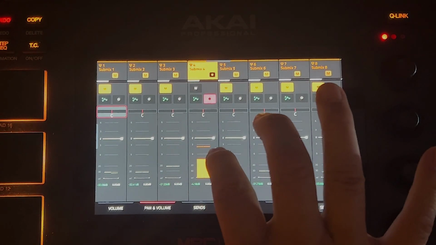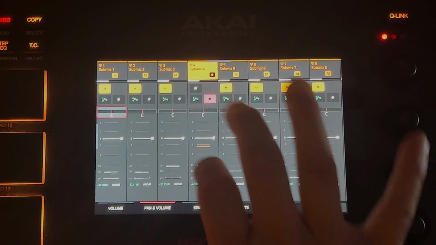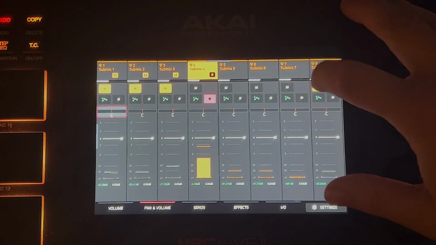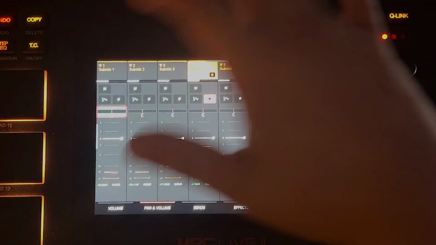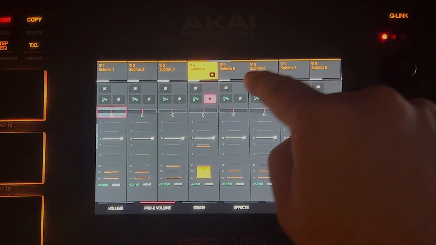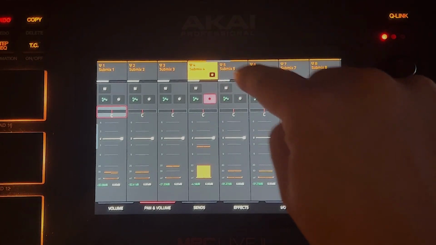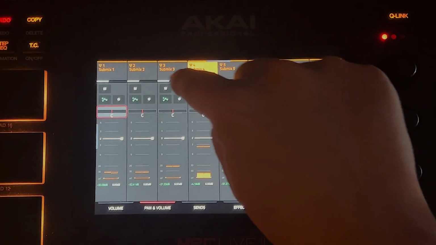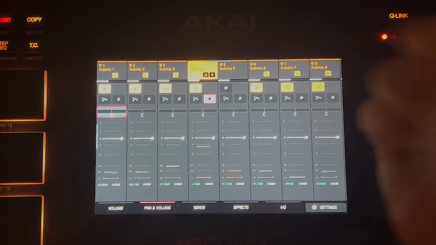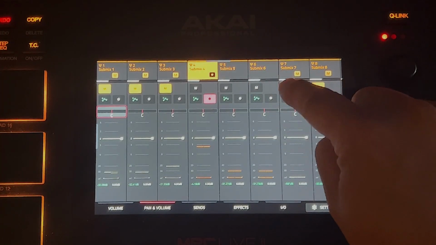Because let's say I want to solo submix 5. Well, then I have to unmute everything, and then I have to mute the others and leave 5 unmuted. So the one workaround was you could MIDI map a MIDI controller, which allowed you to map